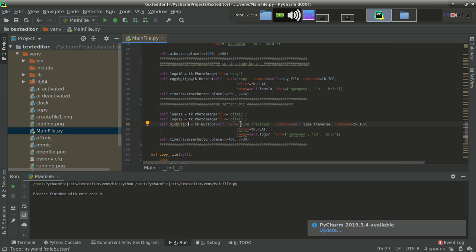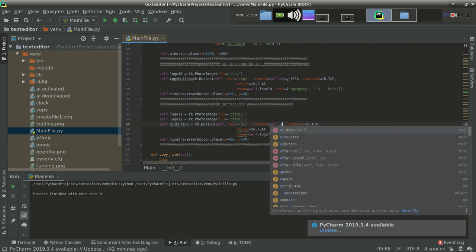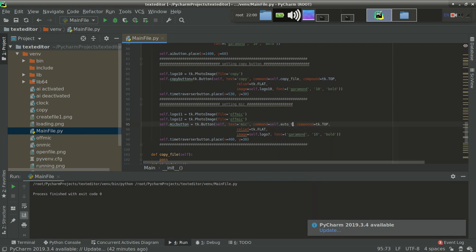So that's it. Name should be mic button, text equal to mic. Command should be self dot auto type, because mic should type automatically. Auto type, fine. Command compound is fine. Relief fine. Image is also not fine.